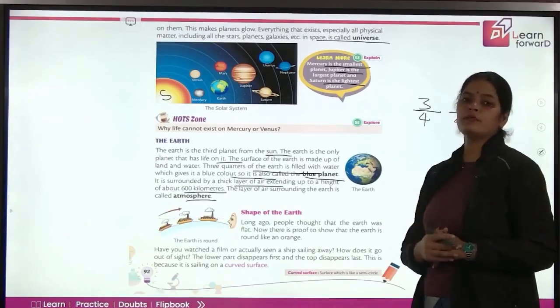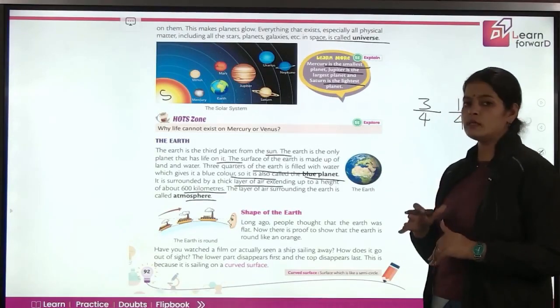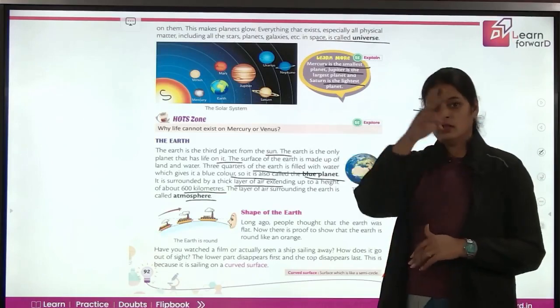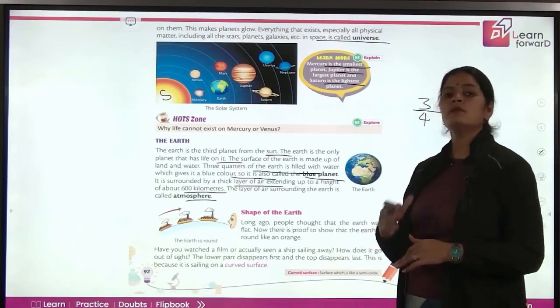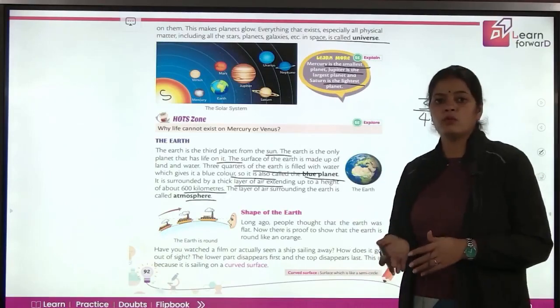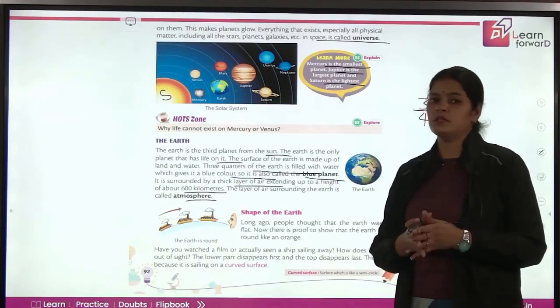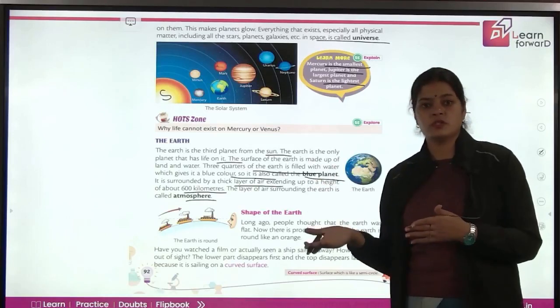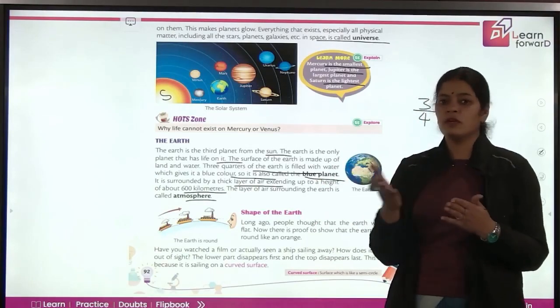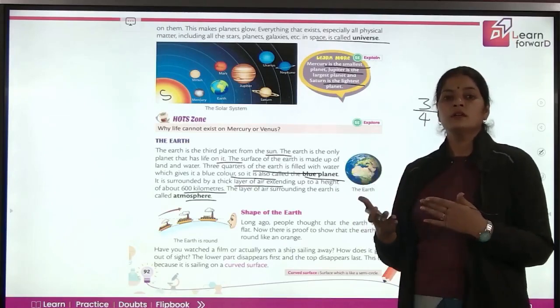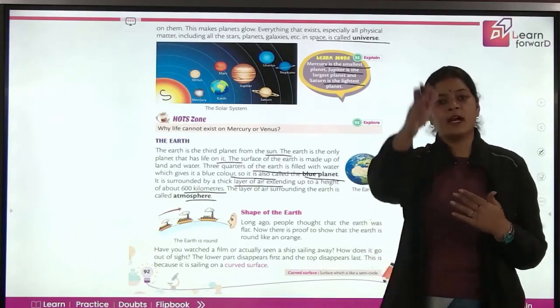What is the shape of the earth? From the beginning, now it is very clear that it is a spherical thing, meaning the planets are spherical, earth is round. But in the beginning there was a debate about what is the actual shape of the earth. Some scientists, some researchers, geologists, told that earth is a flat surface, something very flat, because we can feel, I am living here, I have a flat land in front of me.